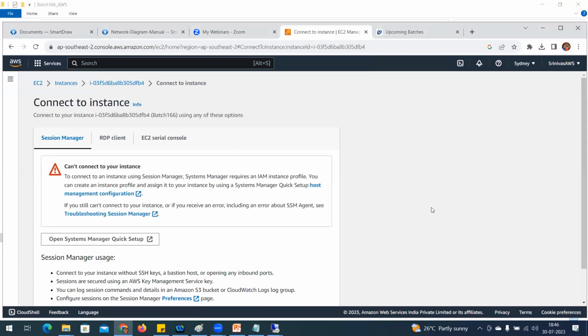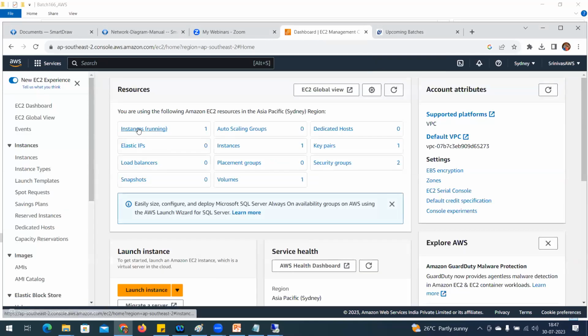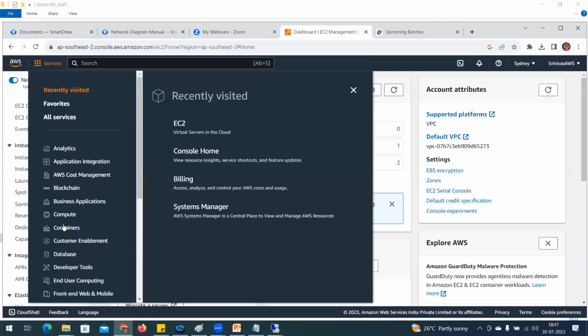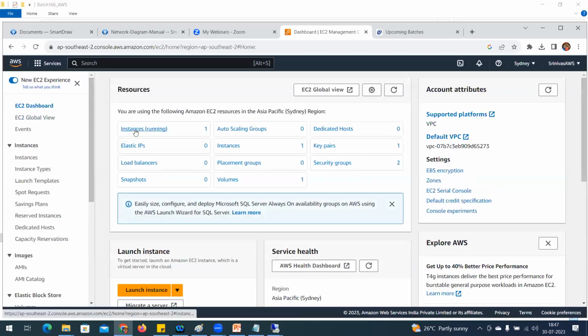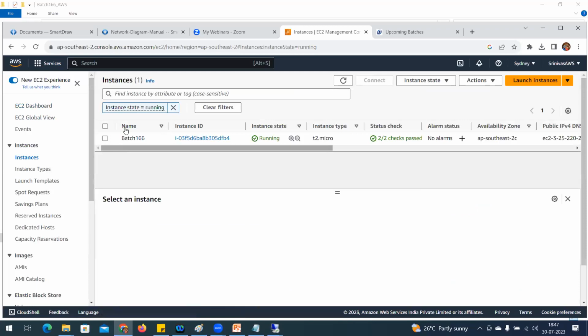As soon as you click on connect, it is going to prompt different options. I can connect using session manager. Where did I click? I'm going to go back again for better understanding. It is so simple. Be with me. If you get any confusion, let me know. Okay, I'm in the EC2 dashboard. See, services, compute, EC2. Under the EC2 dashboard, instances. Once the instance is created, I'm able to click on instances. Whatever instances are created, it is going to give a name. I can modify the name at any later stage, it doesn't matter.